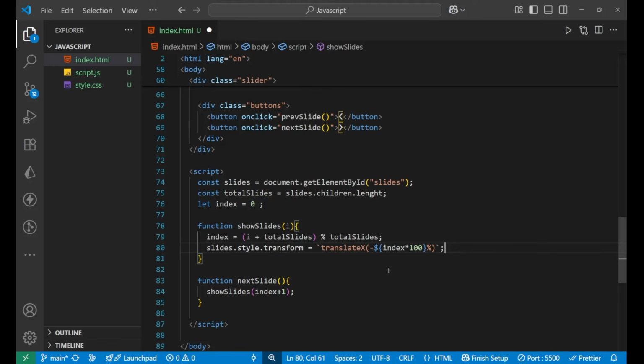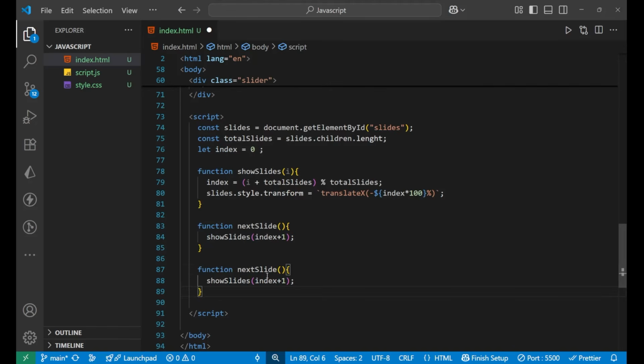So yeah, that is what is happening here. I hope you get it till now, right? Now the same thing is going to be applied in the next function, that is previousSlide, but here just one thing, rather than adding we will minus it, right? So yeah, it is done.